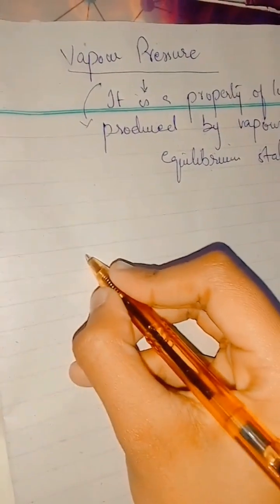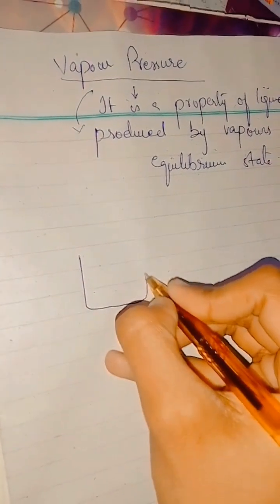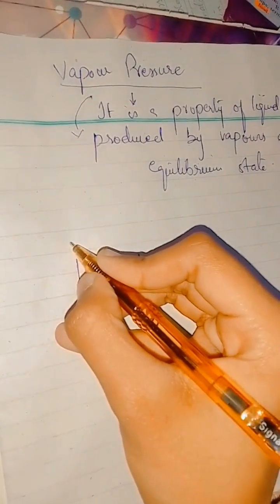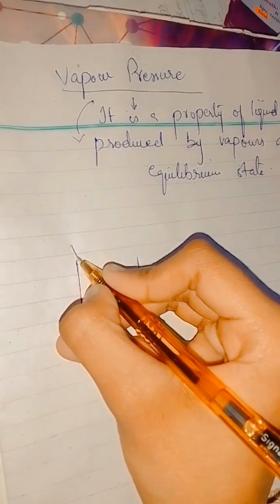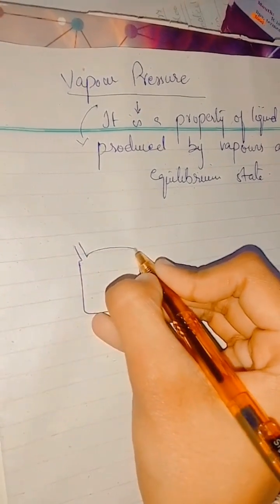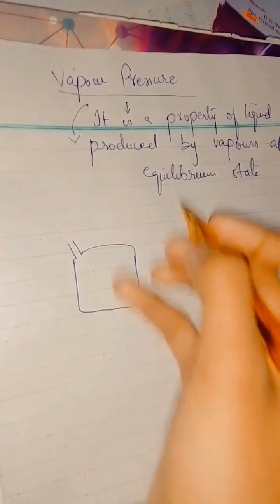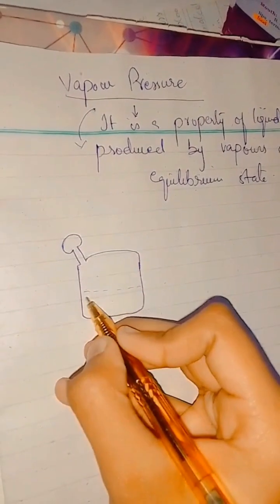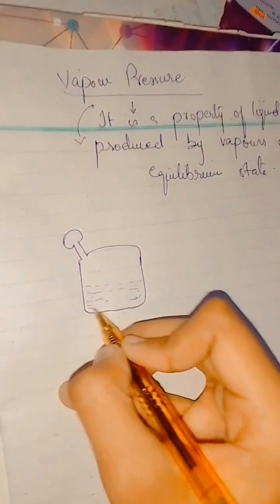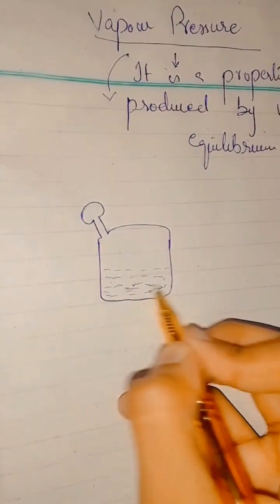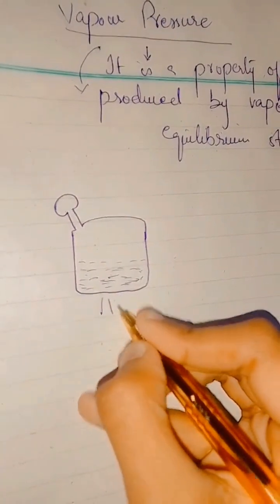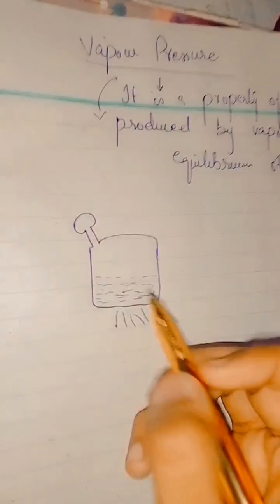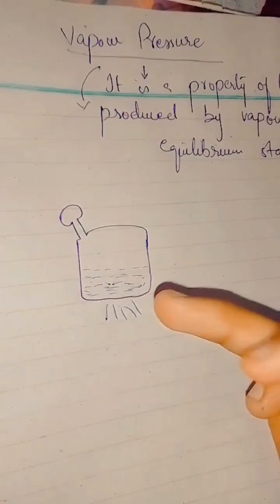For example, we have a container. Now this container has a lid. Lid means covering, totally covered or sealed, and there is water inside. We have filled half of that container with water. Now when we heat up that container, the liquid molecules inside it